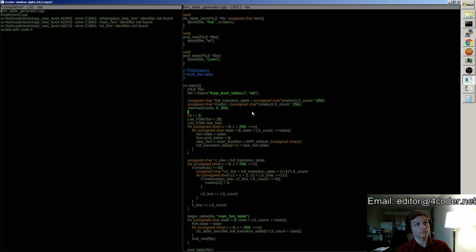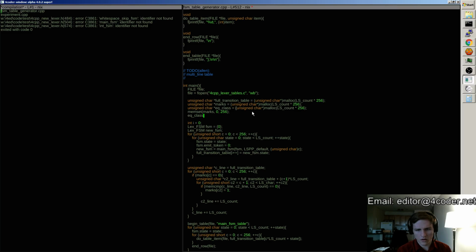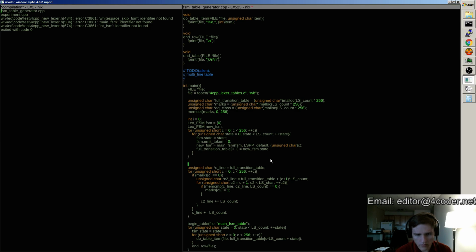Okay, so the easiest way to do this is to say EQ class, and then we'll clear all EQ classes, or we won't actually, because we should end up setting all of them anyway. So let's just try to do that, and then what'll happen while we're going through is unsigned char EQ